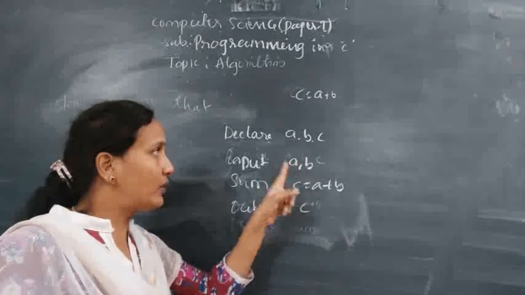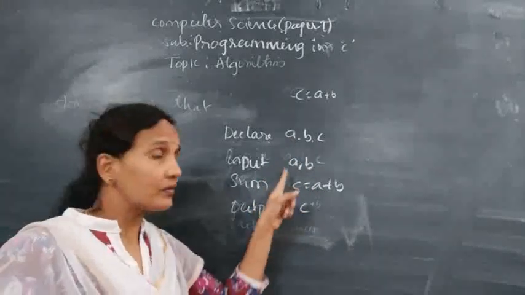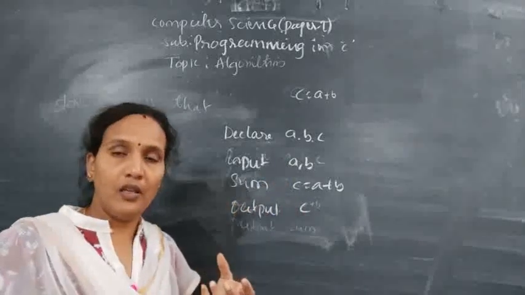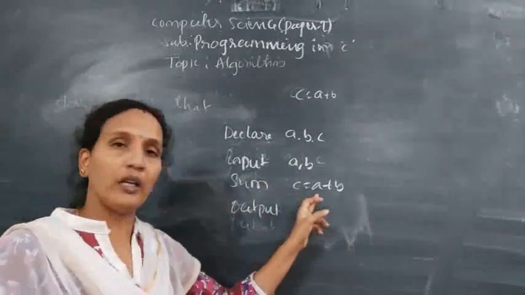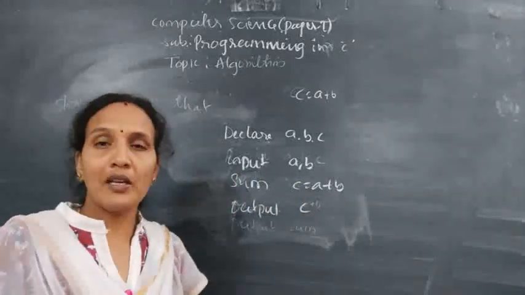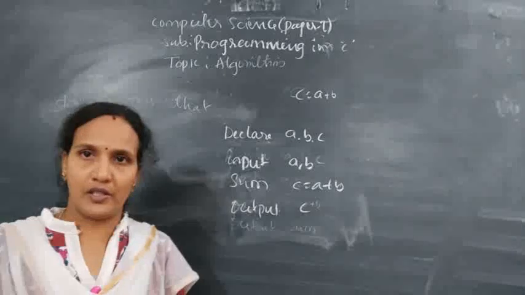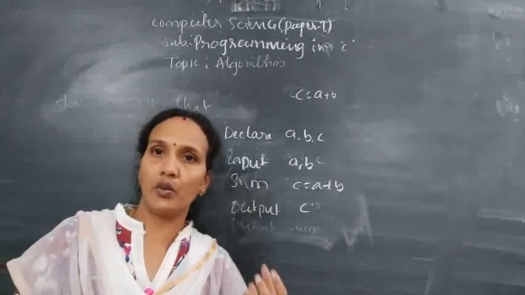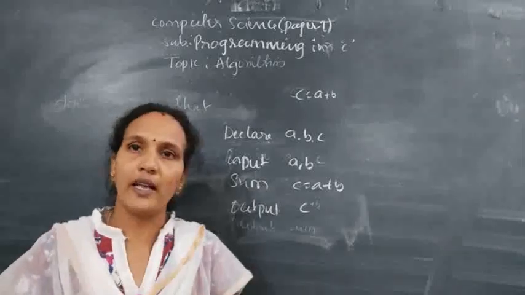So it is a sequence: first, second, third and fourth. First, you should declare the variables. Next, you should take values of the variables from the user. Next, you calculate c equals a plus b. At last, you print c. Understood? A sequence of actions. What sequence of actions is needed to get a required result? That is called an algorithm.